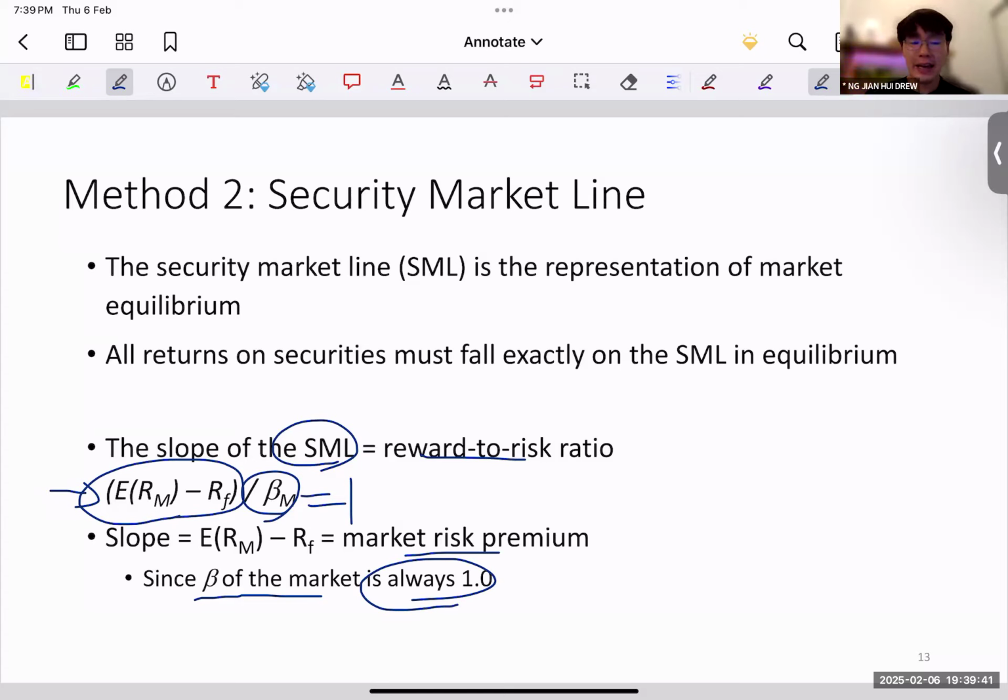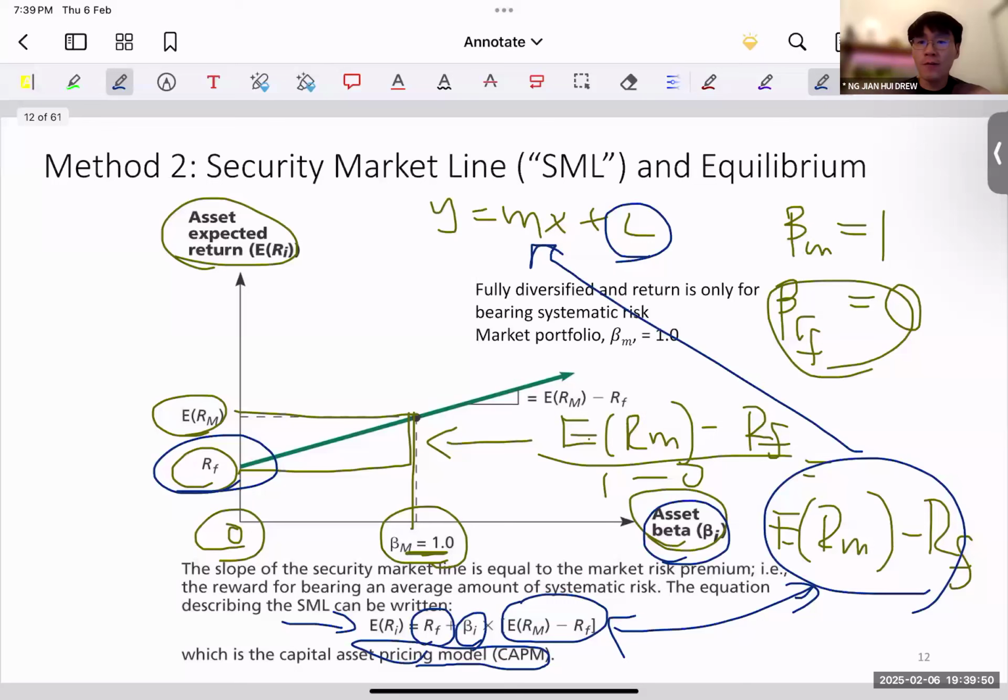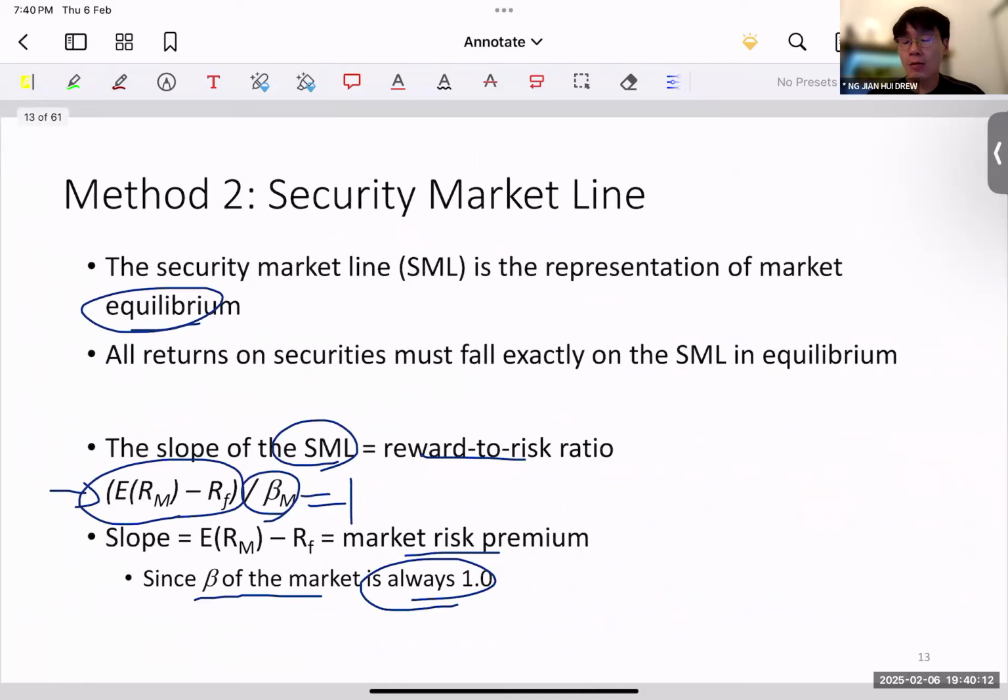So in an equilibrium situation, at equilibrium, all our securities must fall on the SML line. What does this mean? At equilibrium, when our portfolio is fully diversified, we only have the beta risk. It means that all our securities will fall on this line, at different points of the line. Of course, this is not really true in real life because there are a lot of inefficiencies. Maybe our portfolio is not fully diversified, and that's why all our securities do not fall on the SML line.